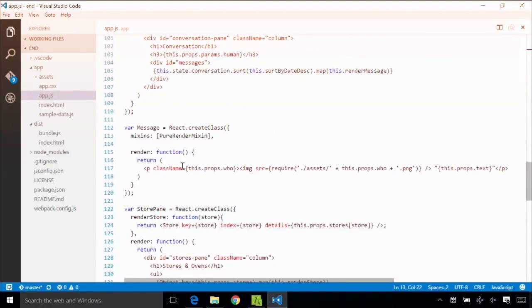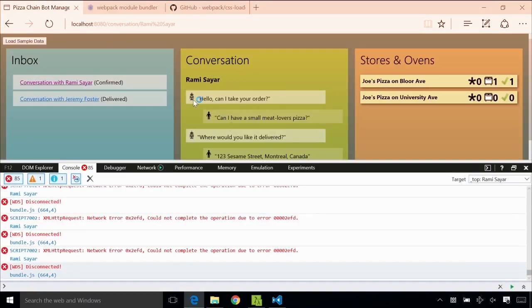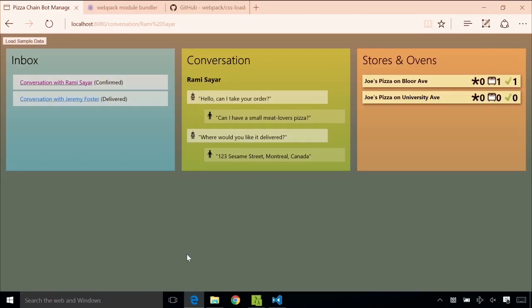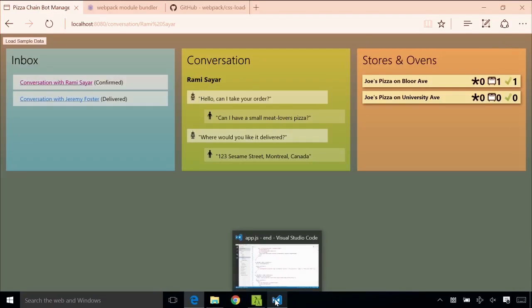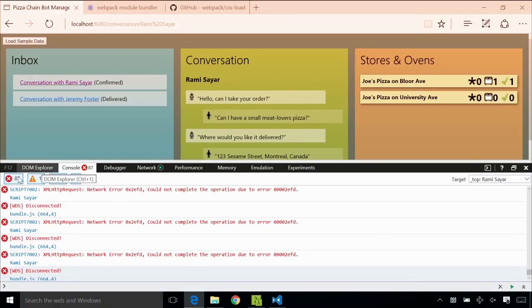Yeah, I did want to show you how we loaded the images up. Oh, right. So this is something that was added right here. If you take a look at our pizza bot, we have these really cool, fancy images right here. So how do I actually do that inside the JavaScript? But actually, before I jump into that, I do want to show you what they look like. So if I go into my DOM Explorer,